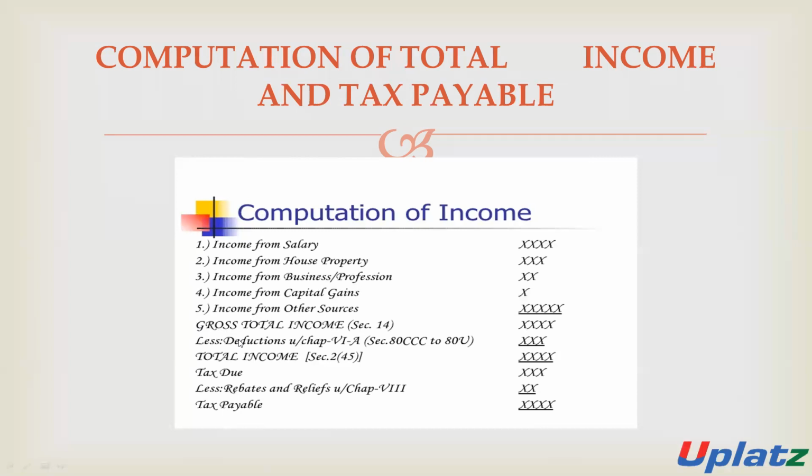And then we will provide deduction under chapter 6A. After such deduction, we will find the total income of the assessee, and on such amount we will calculate the amount of tax. And from tax